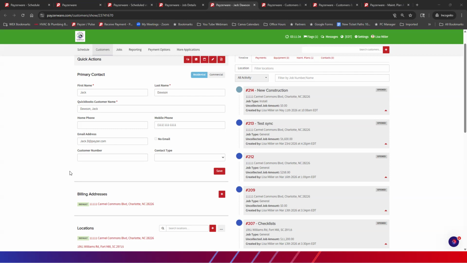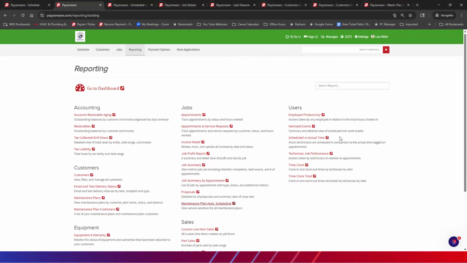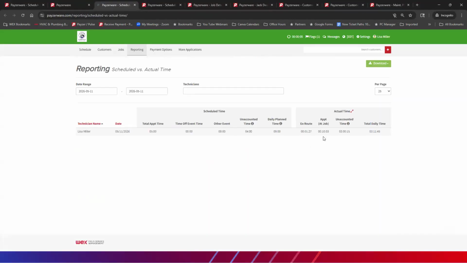Scheduled versus actual time. We talked about that on the job, but we also have a report. So let me go find in here and go to reporting and go to scheduled versus actual time. Some people pay their techs by their job time, not by the time that they clock in and out for the day. So reporting, scheduled versus actual time is in here. You can search by techs, multiple techs, one tech, and you can download it to do payroll. So this will tell you for this date range,